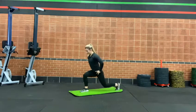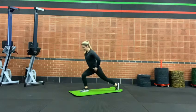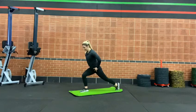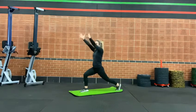We slightly hinge forwards, and then we're going to bend our back leg 3 times. Don't worry if it doesn't come all the way to the floor. Just go as far as you are able to, making sure that most of the effort is coming through the front leg. We then come back into our lunge, arms above the head, and then we're going to take them